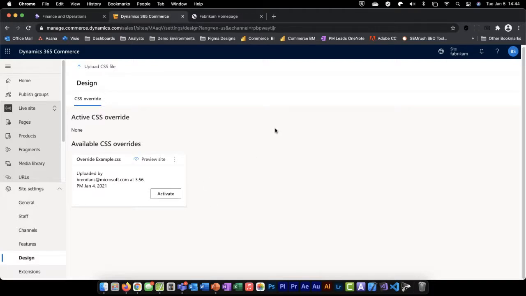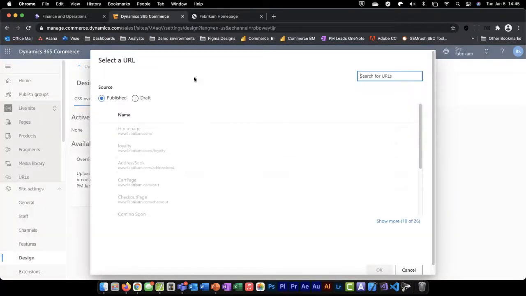As with everything in IT, we'll hope and pray that it works the way we wanted it to, but it will be seen immediately by customers, or we can preview it. So let's actually preview what this would look like. So again, I can choose a published page, or I can choose a draft state of a page. What's the difference? I believe you've had a presentation on how the CMS works, but all the content is stored,